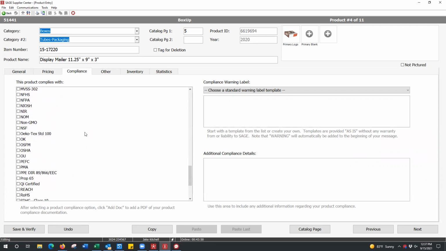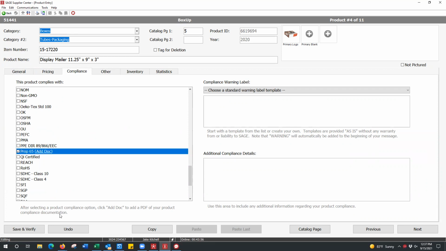And let's see what you've got. Well, then definitely, if it's compliant with Prop 65, you need to check it. Okay, it's not, so we don't want that checked. How is it not? There's a chemical in the yellow ink that we use that, when we got everything tested, came back and they said that it wasn't compliant with Prop 65.